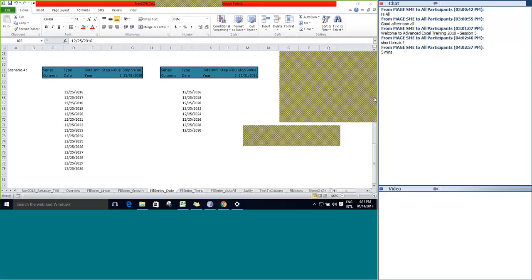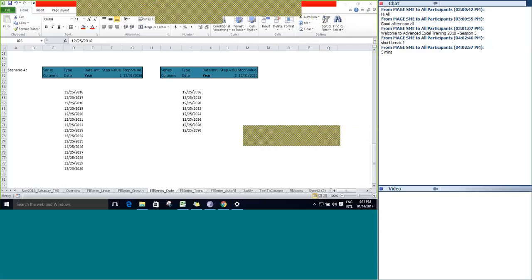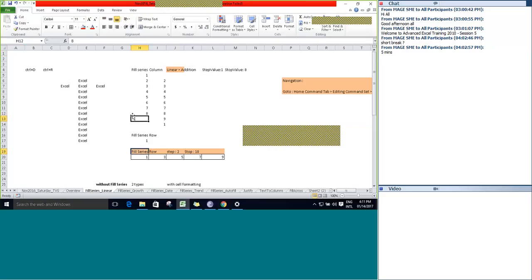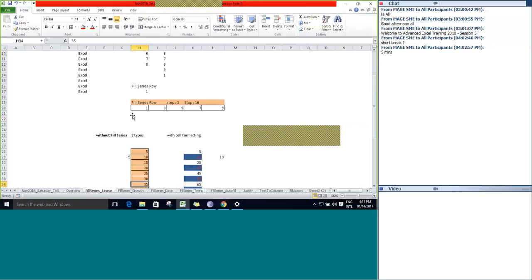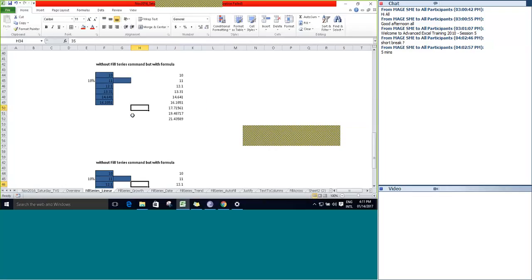Fine. So one more query. Can't understand the linear, using a percentage. So one query received for a linear.